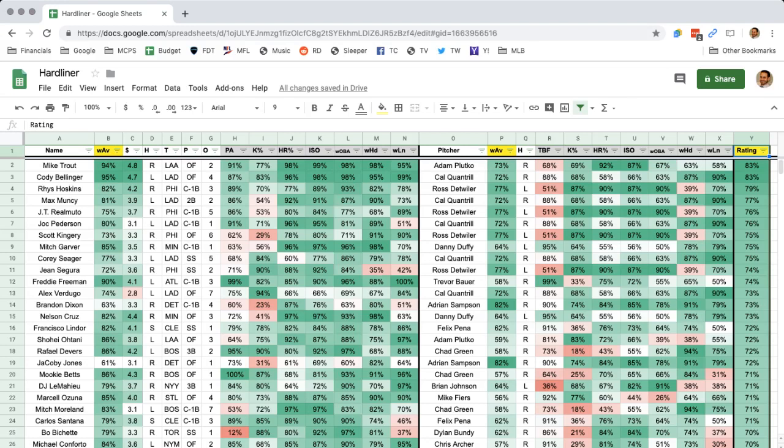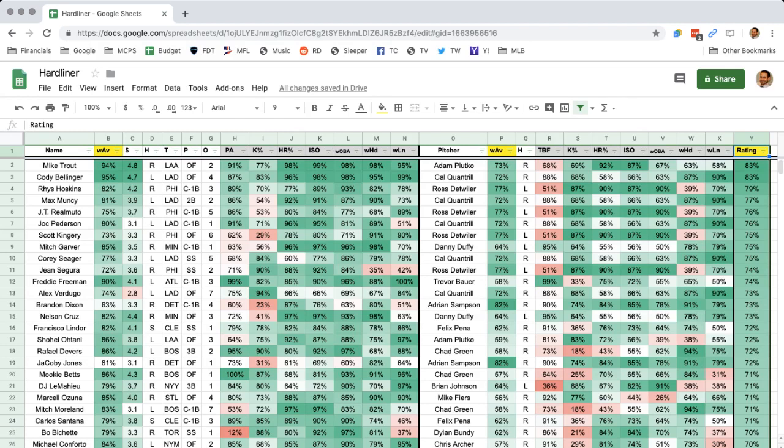So, just to summarize, and then I'll do a little slate breakdown here. Trout and Bellinger, when you consider everything that I'm looking at that they do against the handedness of the pitcher they're facing and what the pitcher they're facing does against their respective handedness, Trout righty, Bellinger lefty, you get the final rating.